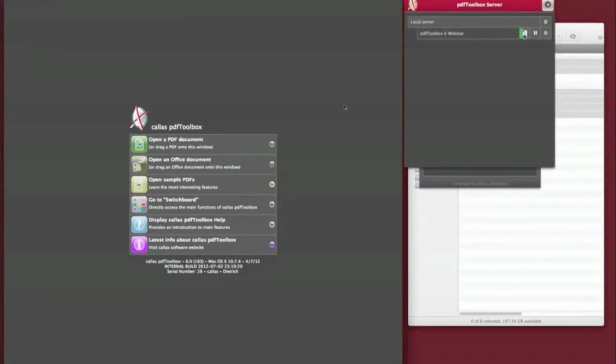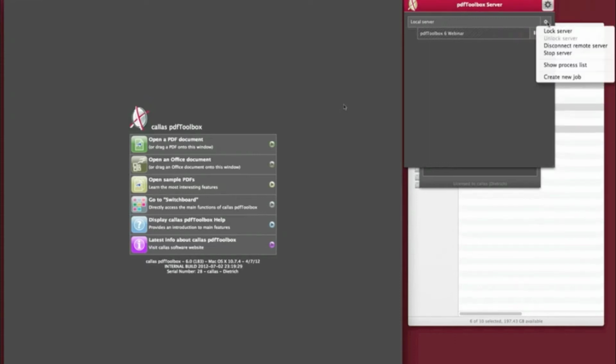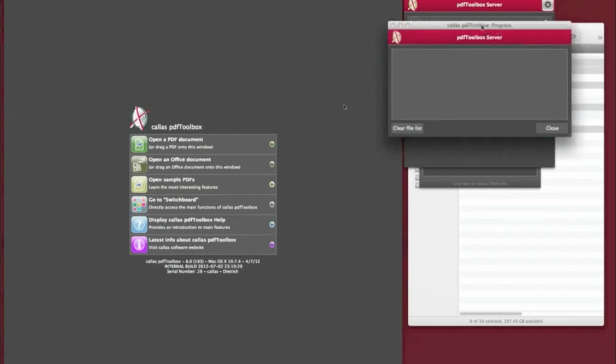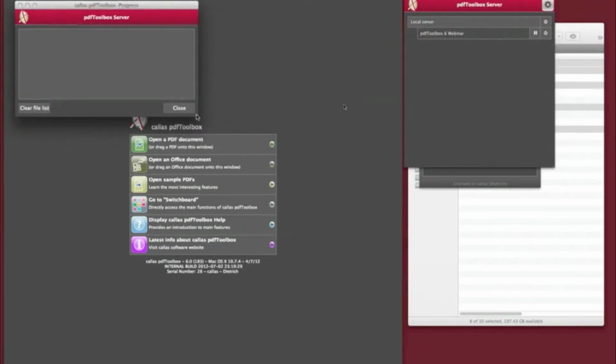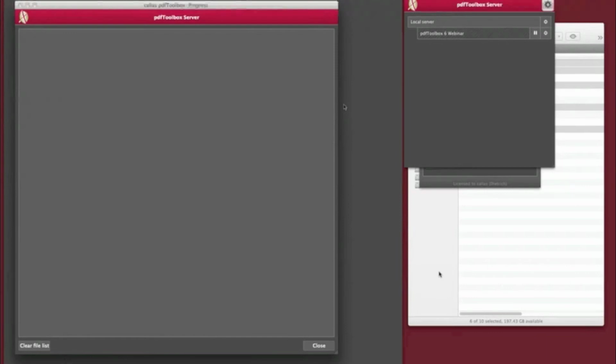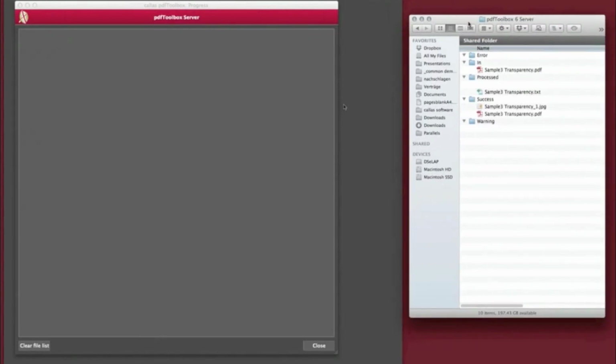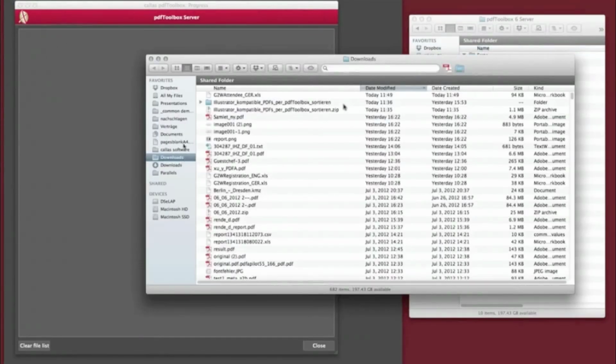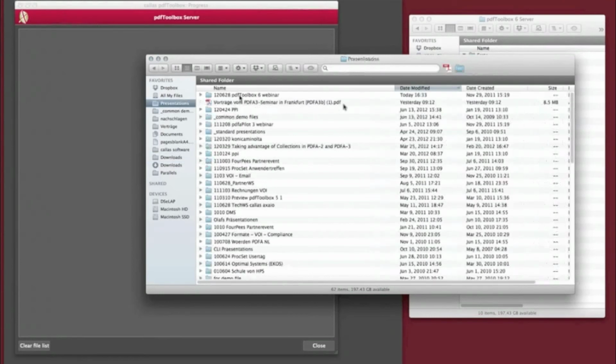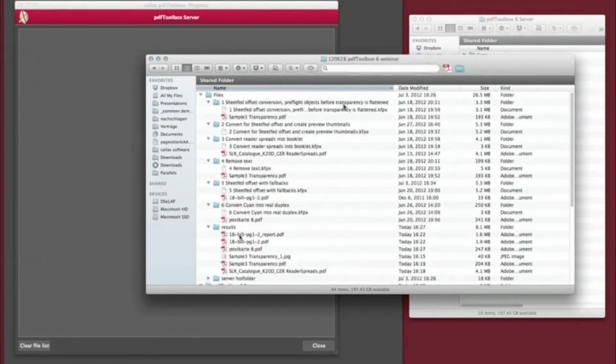And I can now see that there is some green color over here, and that shows me that there is a single PDF file in that folder that has just been processed. And I can even open a progress window, and I would want to do that again. So let's go back to my webinar folder and